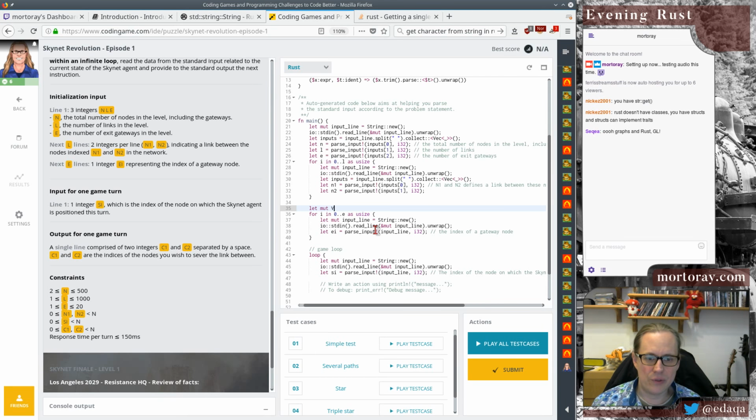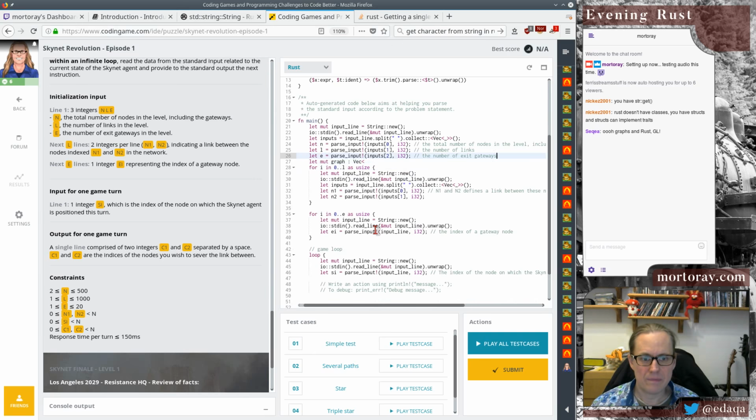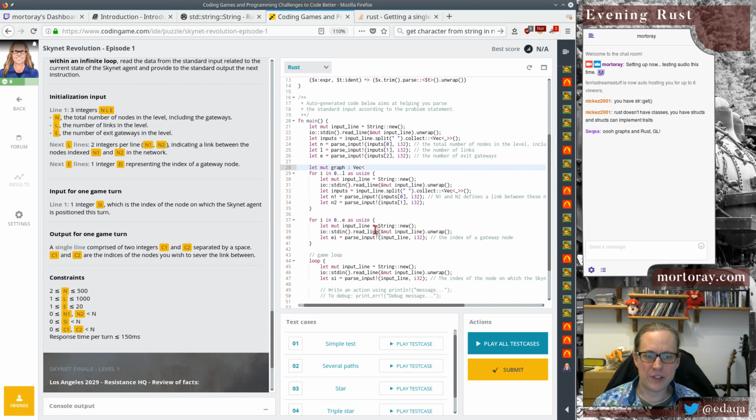I'm going to have a graph, and it's a vector where each cell needs to have one of 3 values. We can say 0 is no connection, 1 is a connection, and each cell also, no, you only need true or false. Then we need to know which one is the exit node. And we can have a separate list of exit nodes, I guess. The number of exit gateways. We can put these here. It's not a wonderful way to do this, and